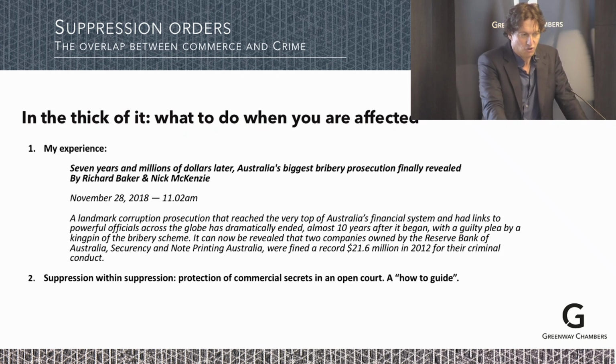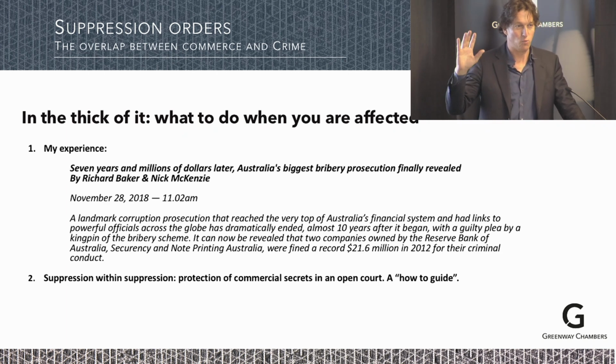And again, there is a total overlap between the commercial jurisdiction and the criminal jurisdiction here. When you're in the commercial context and you're trying to protect a client's trade secrets, you should always try and frame the order as a specific one. You should never try and frame it as a general one, quite simply because you will fail. The only way that you will get up on a suppression order in a commercial context is if you tailor it very, very carefully and you set out precisely the grounds upon which you seek it, administration of justice being the most obvious one, protection of commercial conduct, orderly conduct of commerce, and then set out the consequences of what will happen